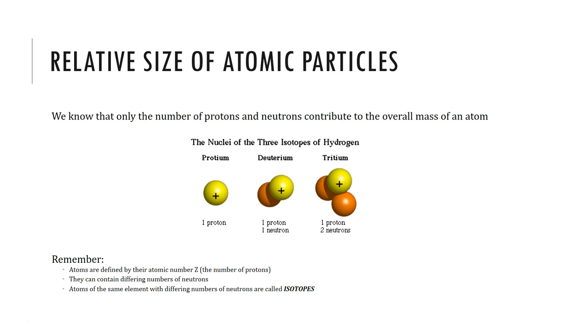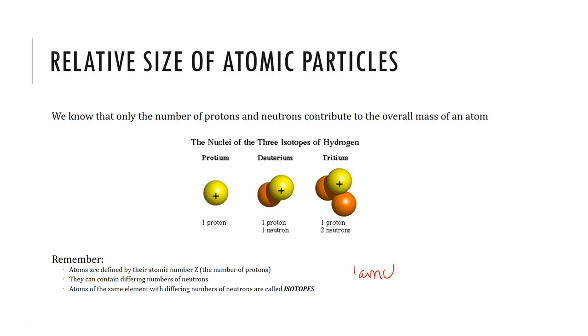We've seen this already when we look at protons and neutrons. We said that they have a relative mass of 1 AMU, and a relative mass of 1/1860th AMU for electrons. We looked at the actual size of these, which is far less than 1 gram, on the 10 to the negative 26 kind of scale. So we know that they're not really one anything, they're just one relative to each other. Okay, so 1 proton is going to equal 1 AMU, so 1 atomic mass unit. 2 protons would be 2 atomic mass units,